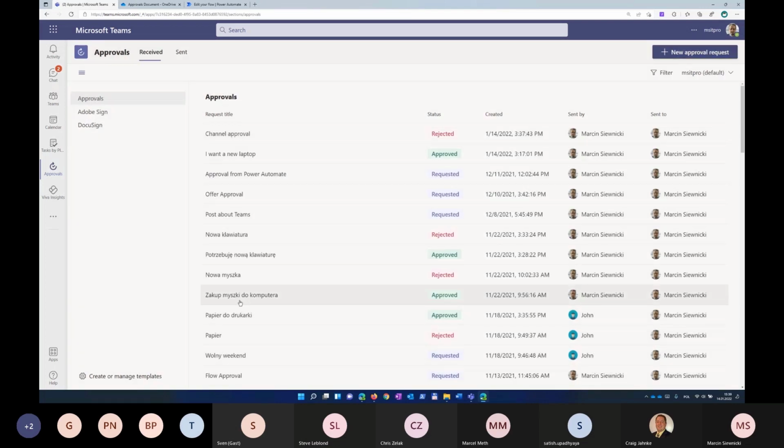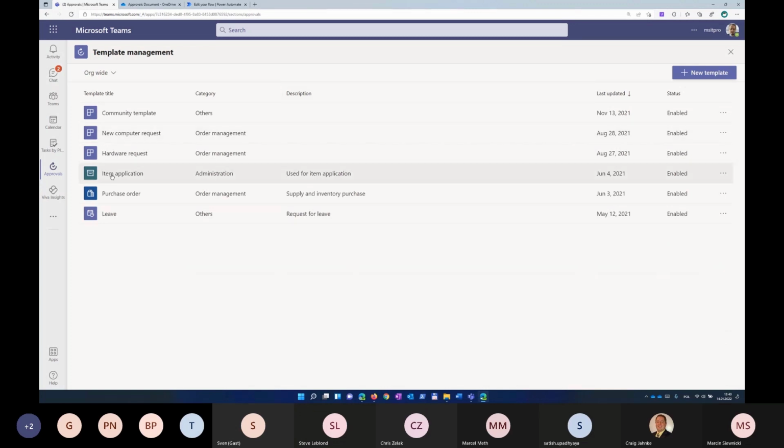But you can create a template and use this template as a formal approval process or part of the formal processes. In the bottom left corner, there is create or manage templates. It was moved from top right, now it's bottom left. So if I click this one,